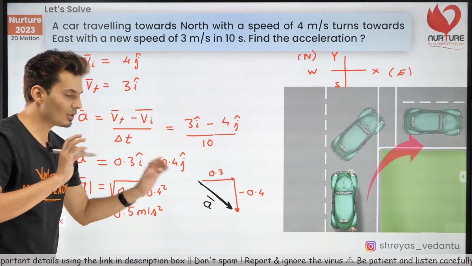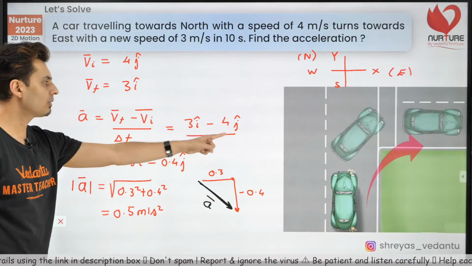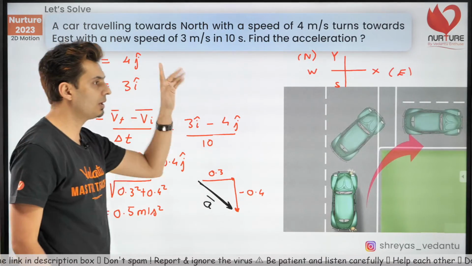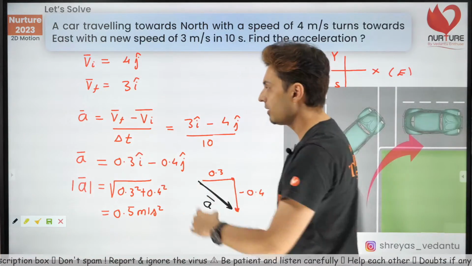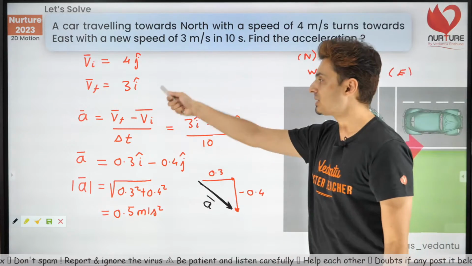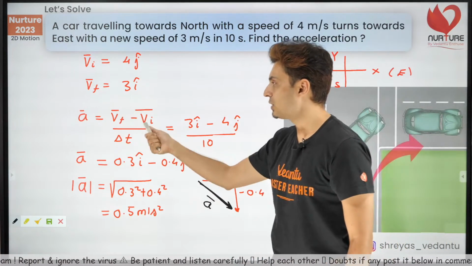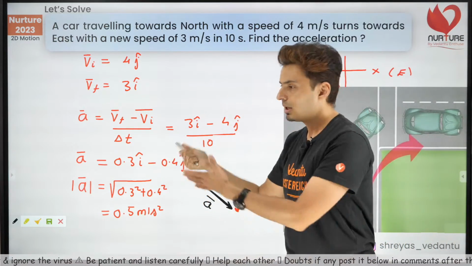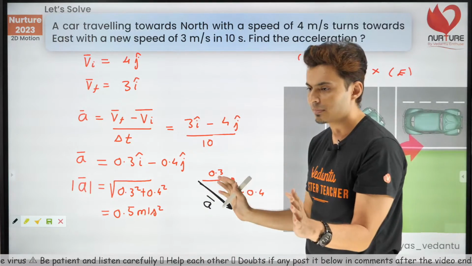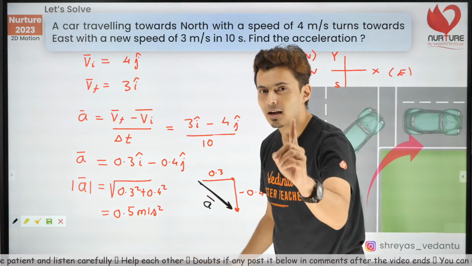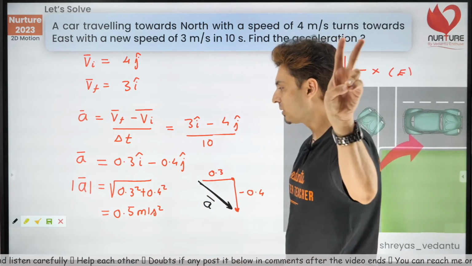Did you guys get it? It's very simple if you go by proper formulas. Else, if you mistake it to be a 1D problem, obviously you'll get negative marks over here. So you can solve it using vector subtraction in IJK form. Very easy, very easy. Now there is another way of doing it. Now let me show you the second way.